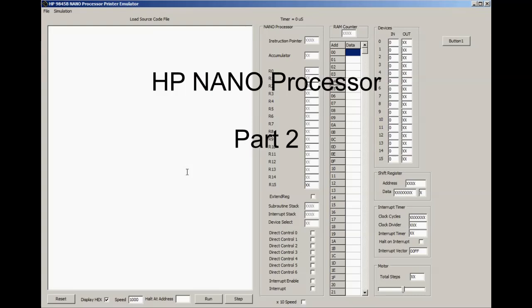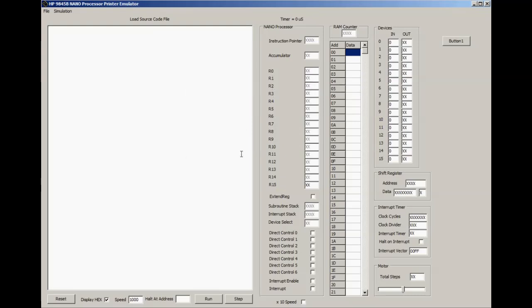In the previous video I showed this tool. It's a piece of software I'm working on to simulate the HP NANO processor, and in particular I'm trying to repair an HP 9845B vintage computer, and the thermal printer in that machine contains one of these processors. Something I've wanted to do for a number of years was to create a nano processor simulator, and that's what this software is for. I very briefly introduced it in the previous video, but in this video I want to go